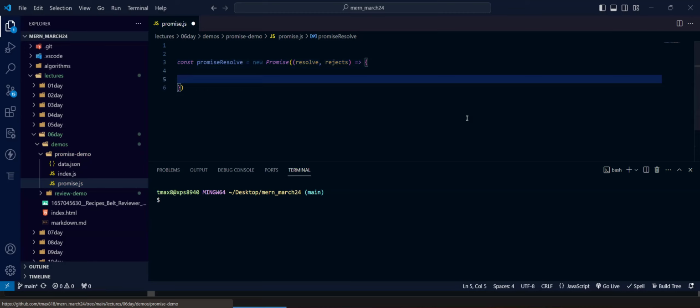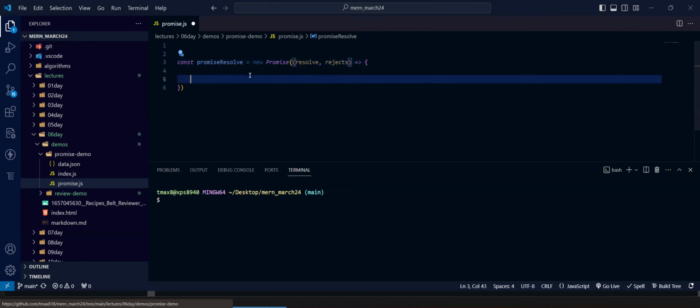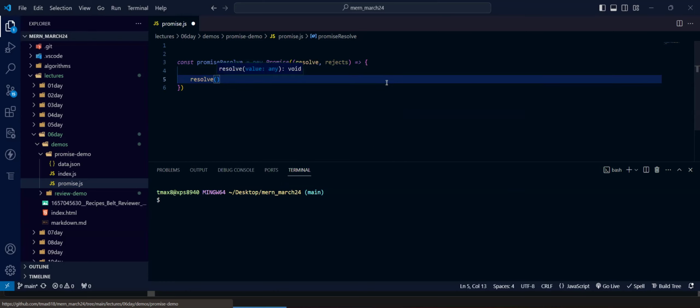Okay, so if I want this to be a resolved promise, again, these are methods or functions. So if it works, I'm going to call resolve. And then resolve just returns whatever data I'm getting back. So the data.